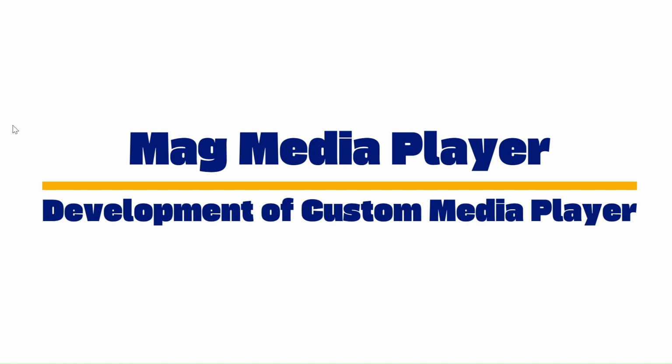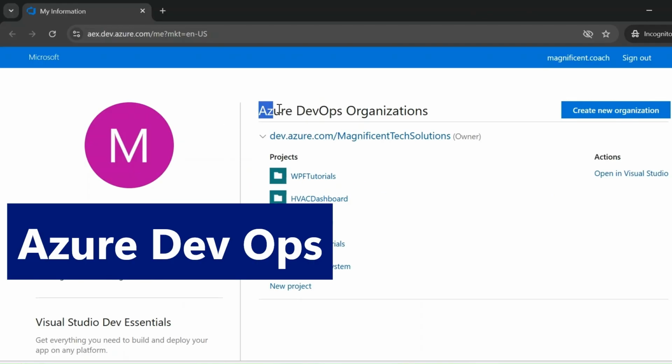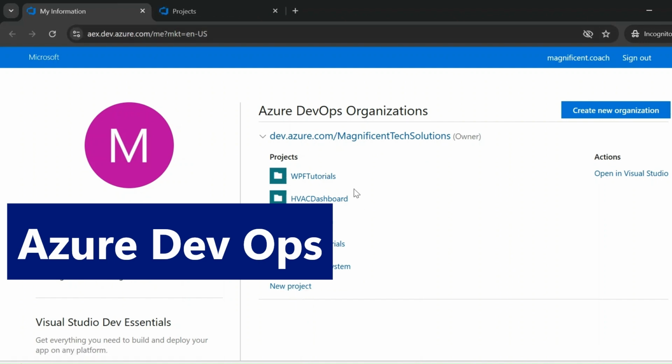So to create a project, we are going to jump into Azure DevOps. This is my Azure DevOps organization, which is at dev.azure.com, under Magnificent Tech Solution. Here are a couple of projects which I created earlier. If I want to create a new project, I have to click on it. But before jumping into the creation